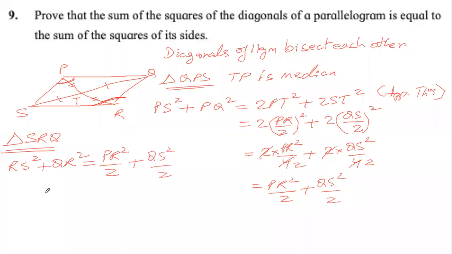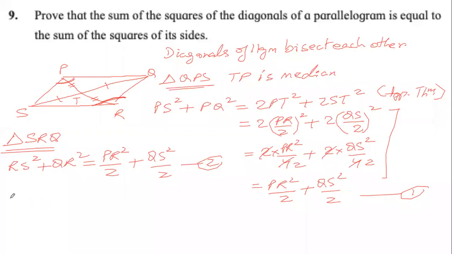वही तो होगा. It will be, we will take RT, then we will take ST, and RT is nothing but half of PR, ST is nothing but half of QS. So I'm skipping all these steps, and we can directly write the last step of 1 and we can get this 2. Is this okay, or you want me to explain how this has been done?